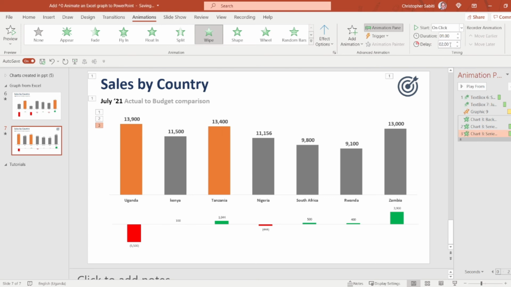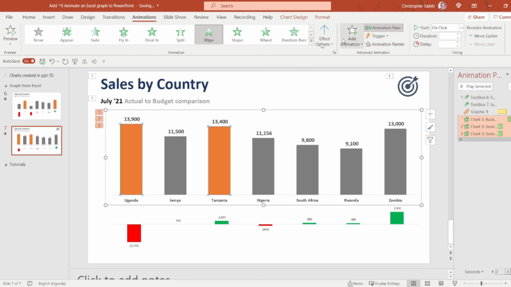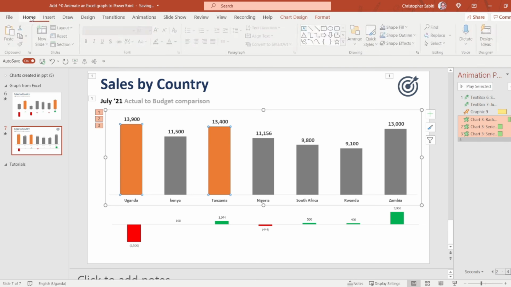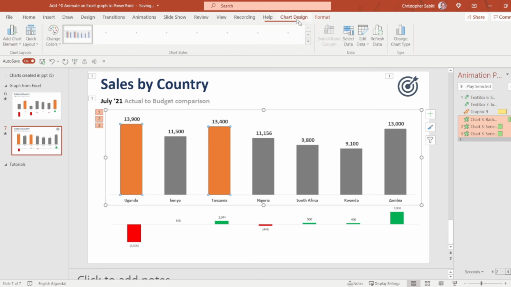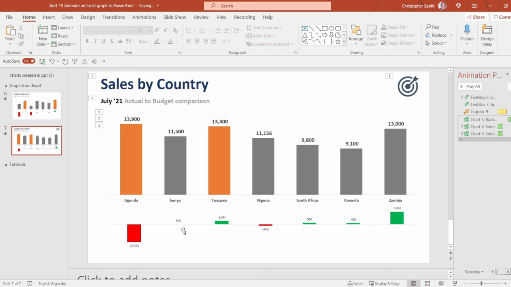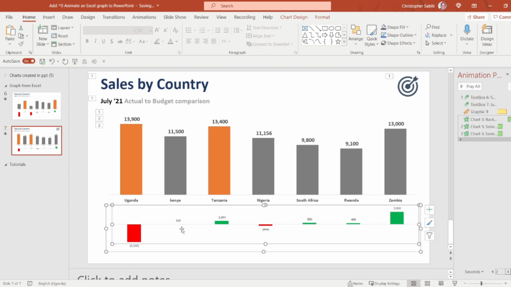So that will be now something better to go with. You can even go ahead and change these colors depending on how you need your chart. You can change the colors and all the other bits, but that is not the goal now. What we are going for is the duration, the variation.